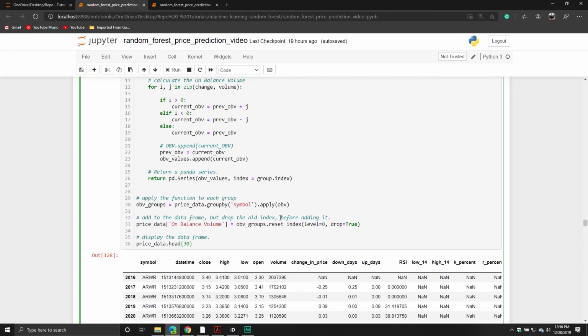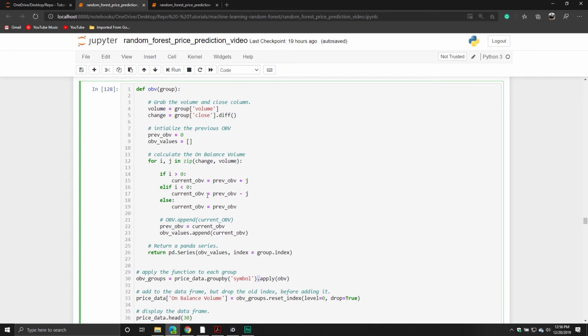Now, I'm still kind of doing the same thing, so I'm still grouping by symbol. I've changed my methodology. I'm now doing an apply method, and then I'm applying this function. And so this function is basically going to take each row of my data frame, because here, if you notice, I'm not selecting a column, I'm just taking that entire row. And what I'm going to do is grab the volume column from that row, and then I'm going to grab the change, basically, so the closing price. So I'm basically applying it to, what is the word, to each one. So based on that,